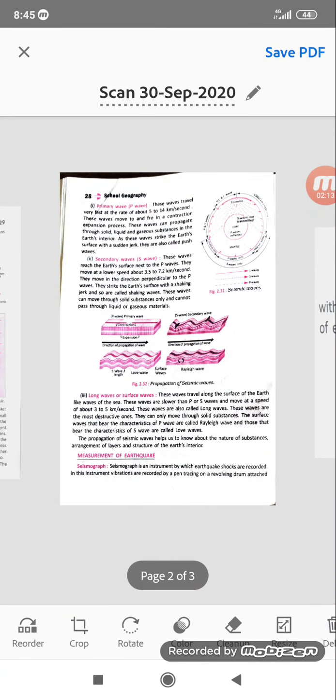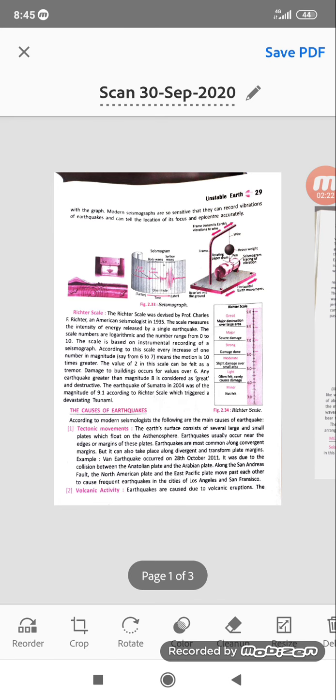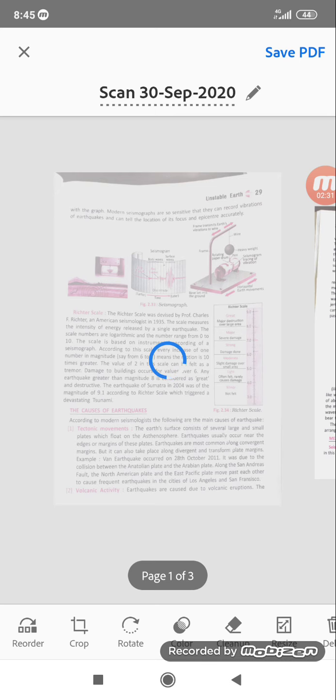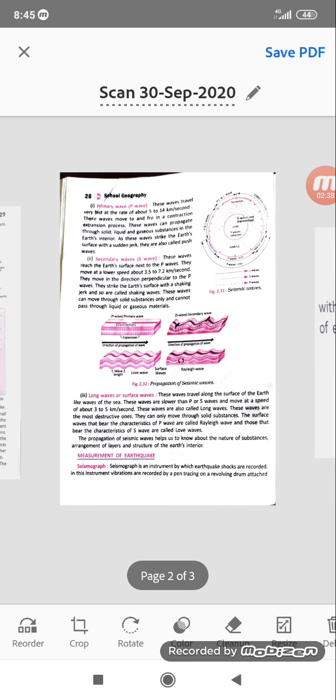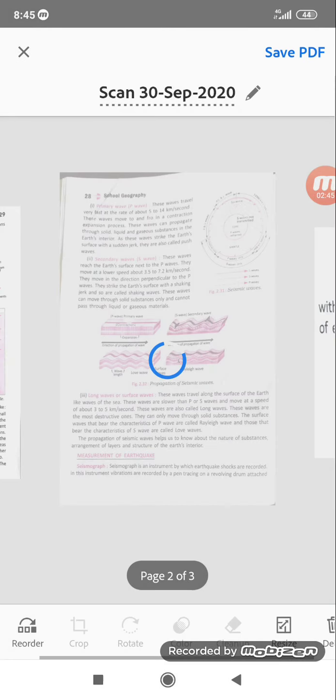Yes, these are old ones. These two I have taken. If you want to crop or make some adjustments, at the bottom you'll find crop. You can adjust more if you want. For example, I don't want these things. At the top right you'll find a right button. So I have adjusted this. It is taking some time, so it has adjusted. This one also I want to adjust. At the bottom you'll find crop. You'll just crop, and then you press right.